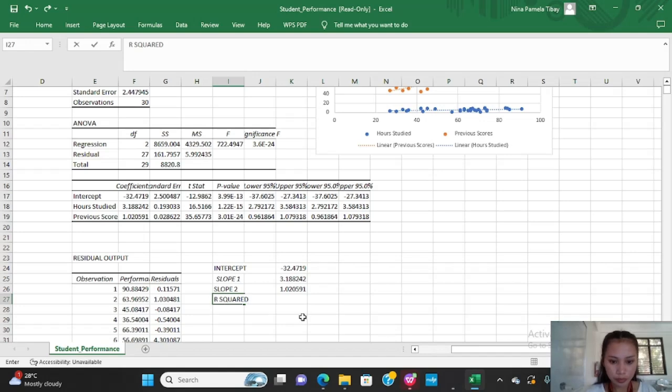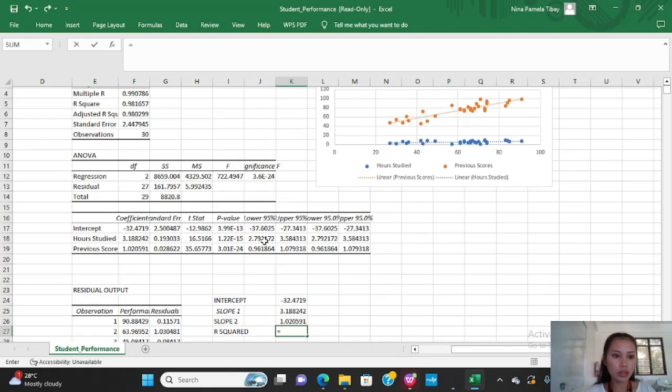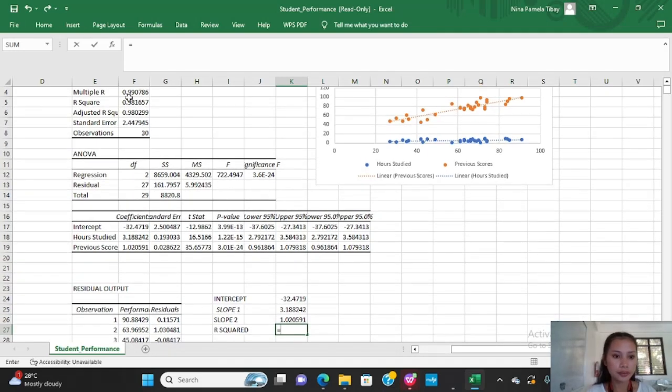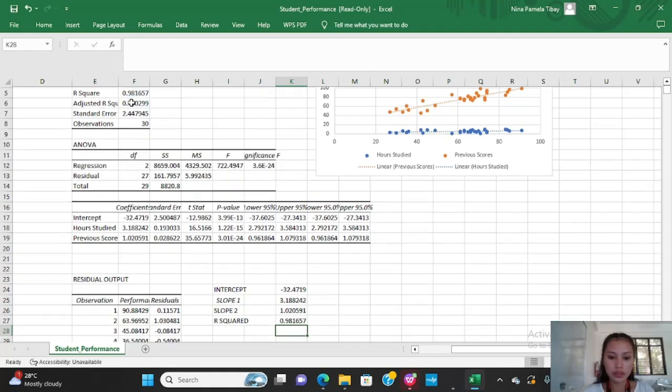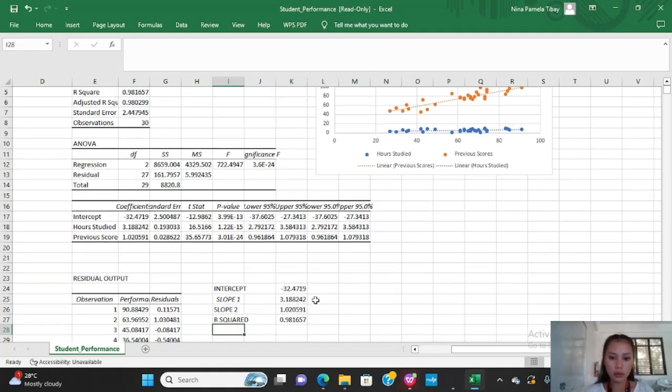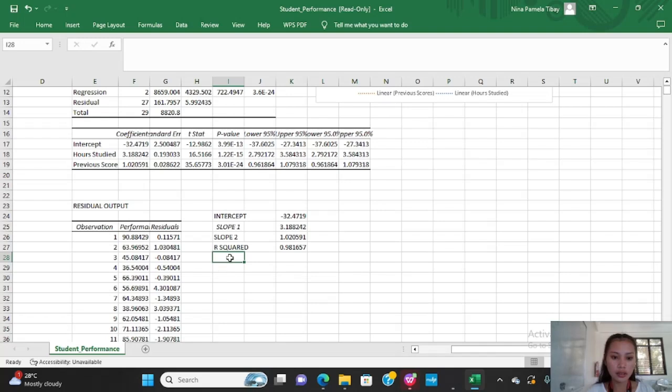R squared. So if we want to find our r squared, this is how our r squared will look. Then enter. Next is the regression model. The regression model has a formula, which is y equals